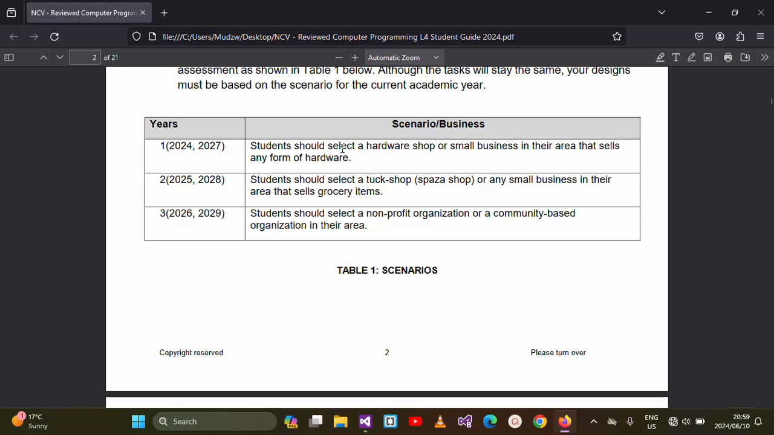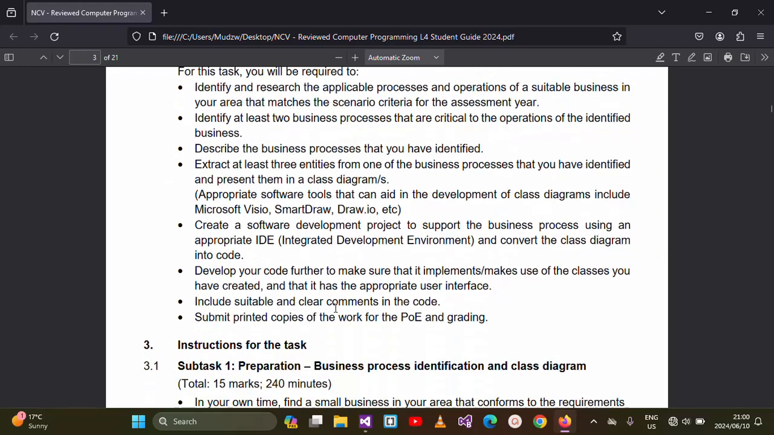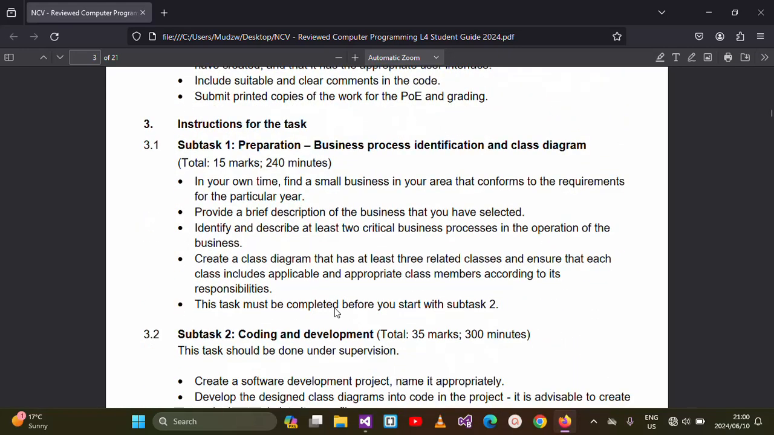Now they're saying students should select a hardware shop or a small business in their area that sells any form of hardware. And remember, system analysis and design goes hand in hand with computer programming, CP. So whatever you were doing on the SAD is exactly the same that you're doing here also on CP, right? Now, we are doing the hardware this year. So mostly myself, after reading that, I don't stress myself with much of the work. Now, they're saying